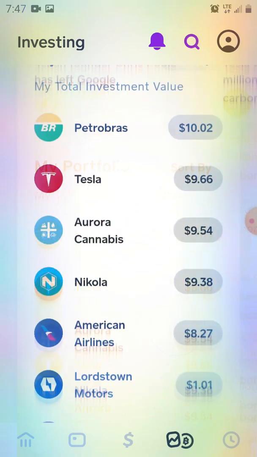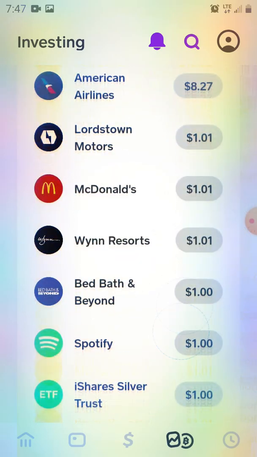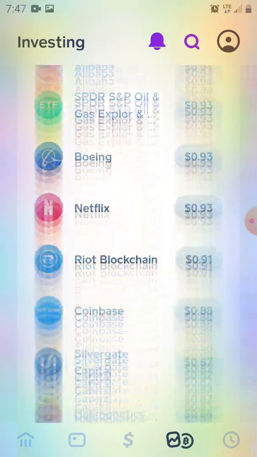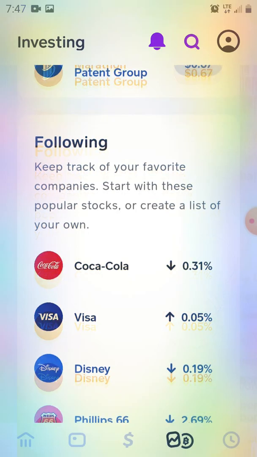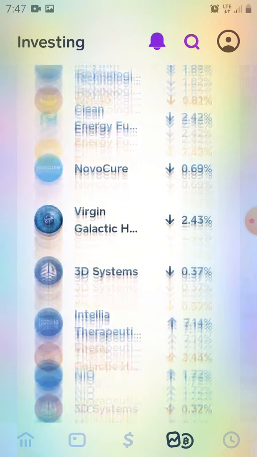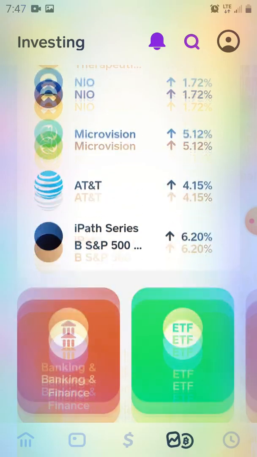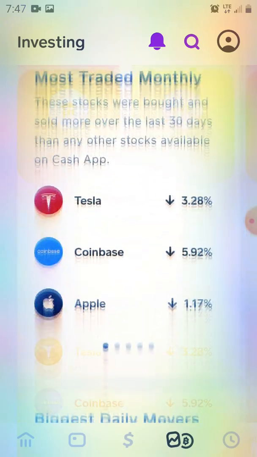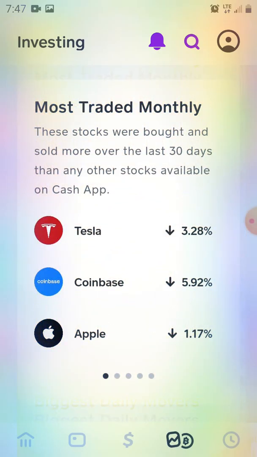I mean, things are pretty good with this app. I really like the way that it's set up. It gives you companies that you follow. You say you like these companies, and you can check out their statistics. That Virgin Galactic, that's who I lost money on. They went down a lot a while back, and I lost just a couple bucks on that when I first started doing this. But I really wanted to see what kind of return or what kind of stability it holds with my money,